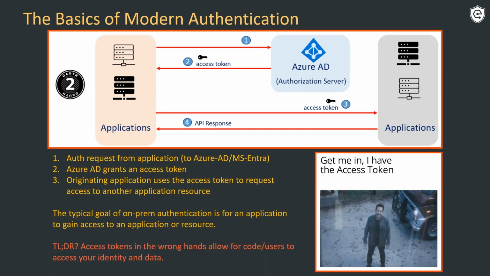And so these tokens are somewhat similar to what we just went over with Kerberos. But what's unique about them is they carry information like what rights the user has and when those rights expire, or when those tokens expire. The other big takeaway is that these are called bearer tokens. So that literally means whoever has the token can take advantage of the rights embedded in that token.